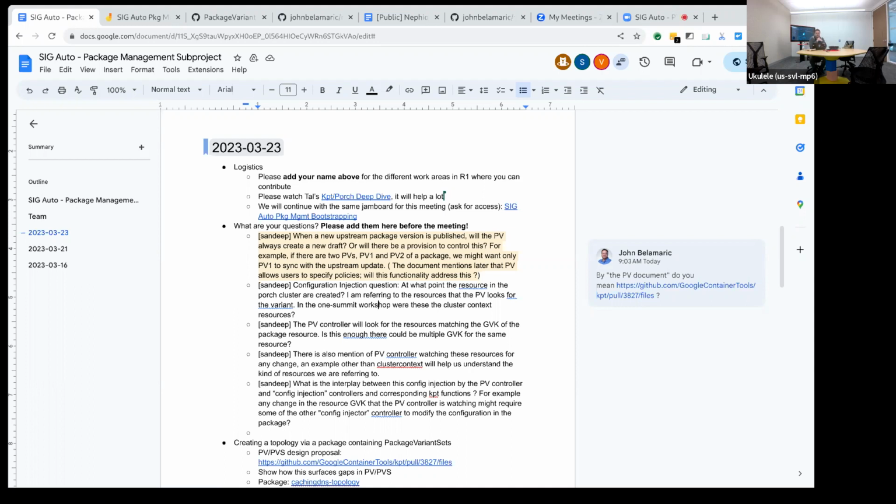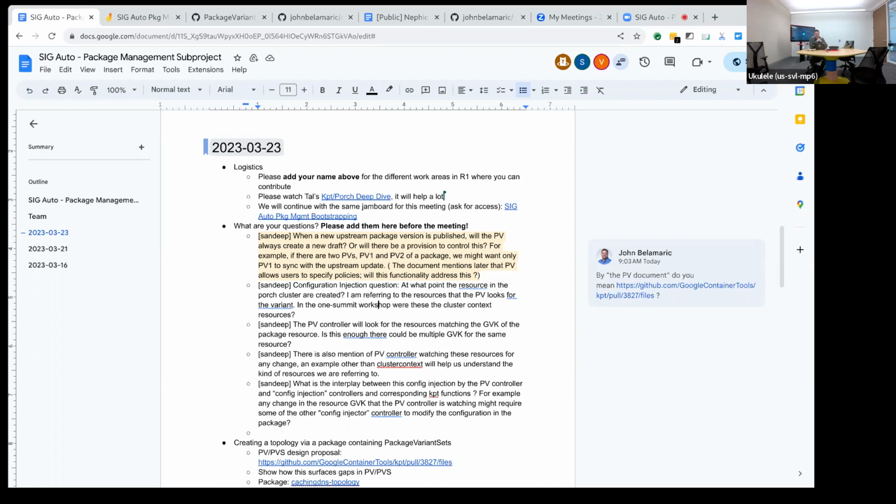By default, it does not do that. There is a discussion in the design around tracking floating tags. I don't think that's implemented, and I don't expect to implement it anytime soon, but it is a possibility to do what you're saying. It's just not something we've done yet. Does that answer your question? Yes, it does. Thanks.